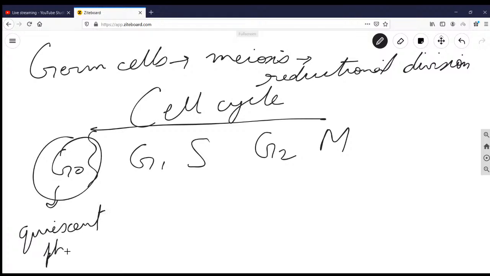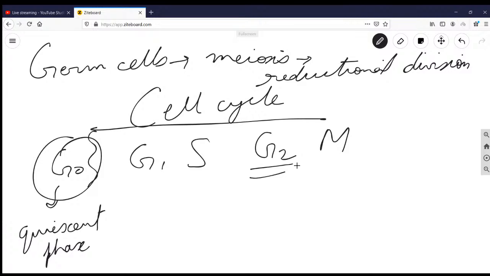Okay, the quiescent phase of the cell cycle. Some nerve cells are arrested at G0 also. That's a different thing. The neurons do not contain centrioles, which produce the kinetochore or microtubules necessary for cell division. So that is why neurons cannot divide. Again, one more reason: they are arrested at G0 phase.